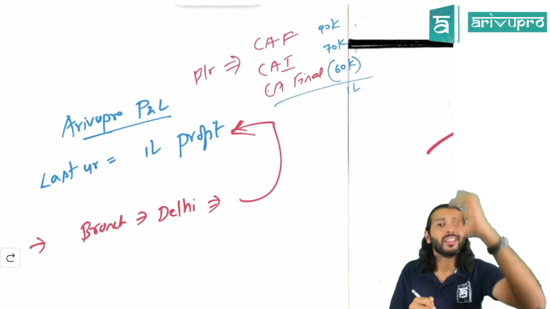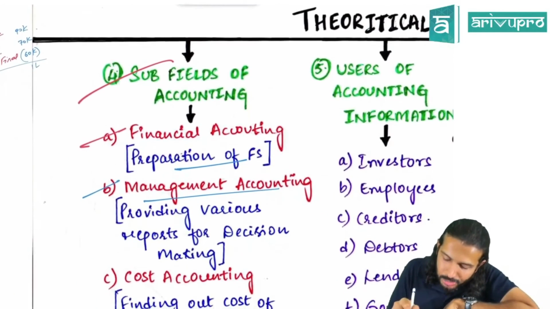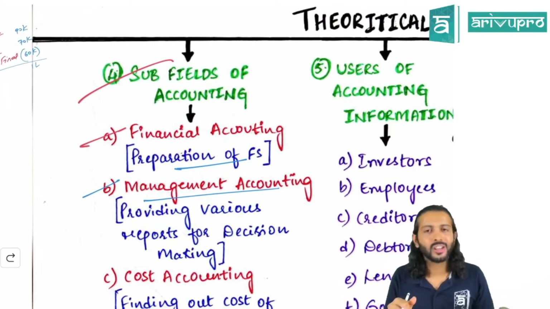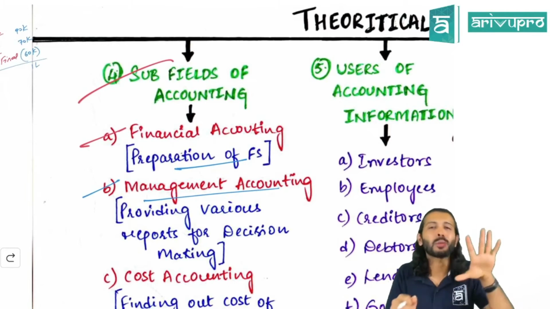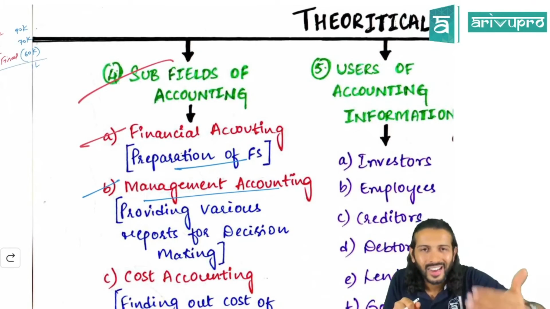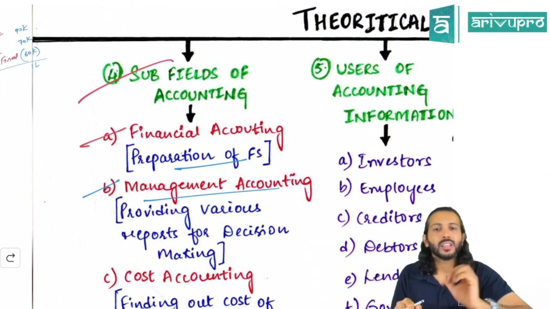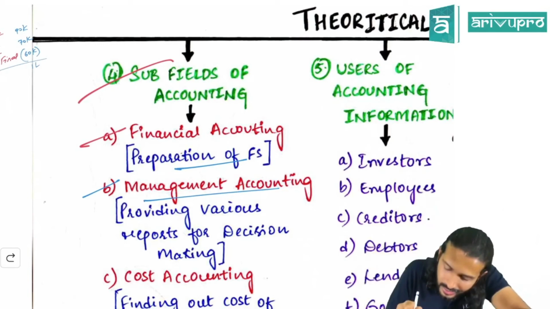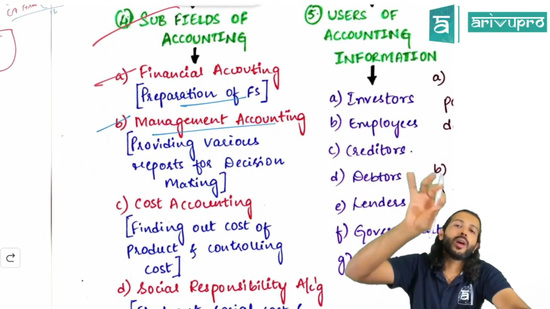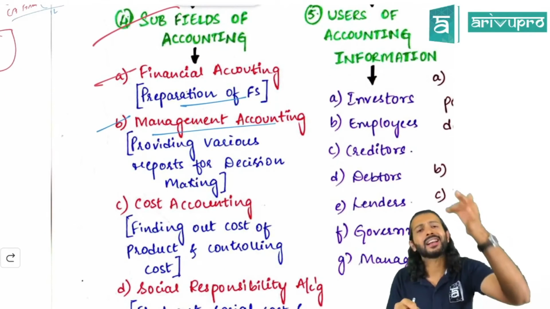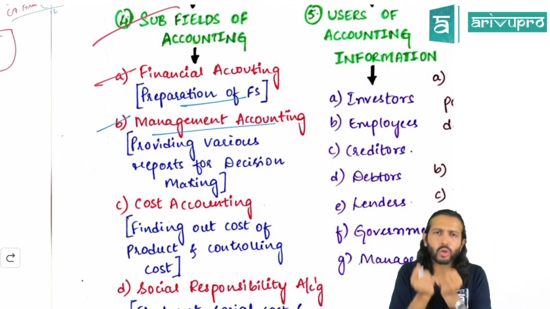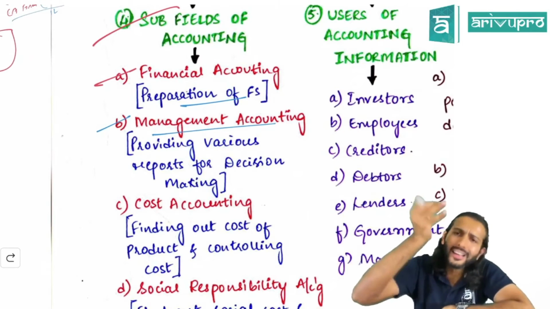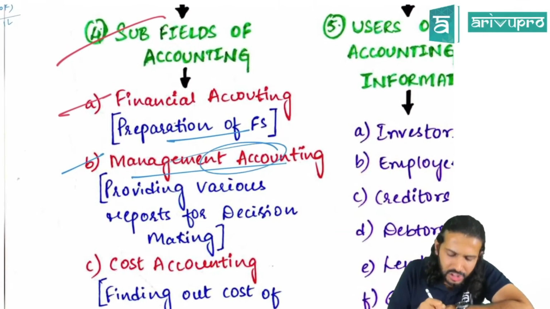Yes or no? That is nothing but management accounting. Because if you want to take management decisions, your just P&L and balance sheet may not be sufficient. You may require certain other data also. Providing that other data, whatever management wants, comes under management accounting. Whatever data management requires to take the decisions, providing that information comes under management accounting